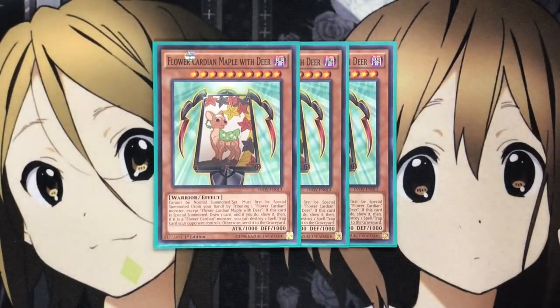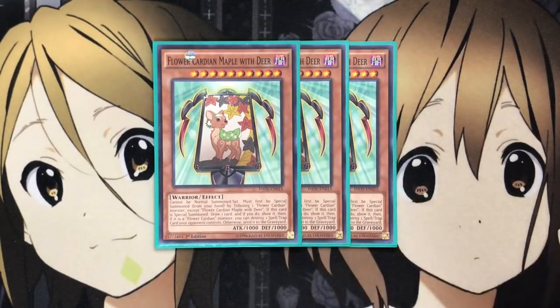With these, they cannot be normal summoned or set. They must first be special summoned from your hand by tributing 1 Flower Cardian, except for Maple with Deer. If this card is special summoned, you draw 1 card, and if you do, show it. Then if it is a Flower Cardian monster, you can destroy 1 spell or trap your opponent controls, otherwise send